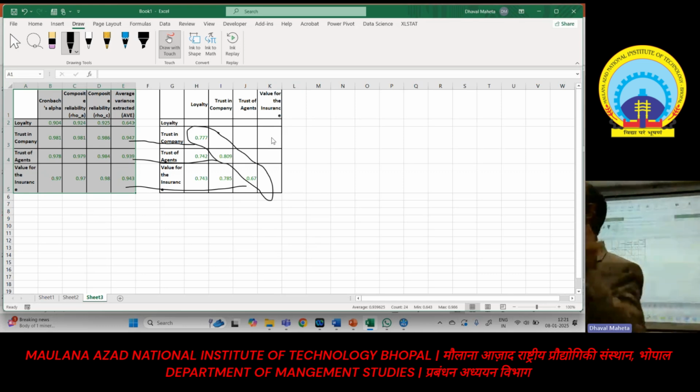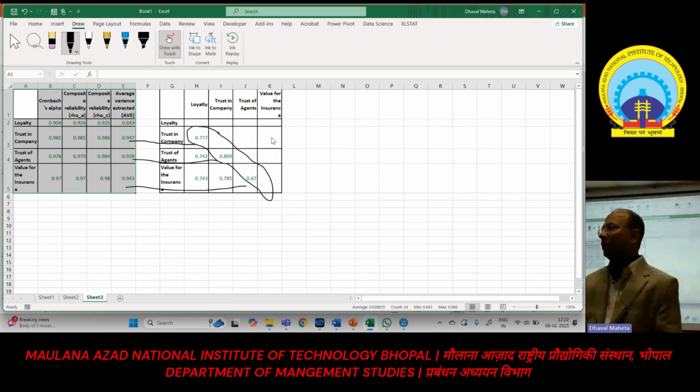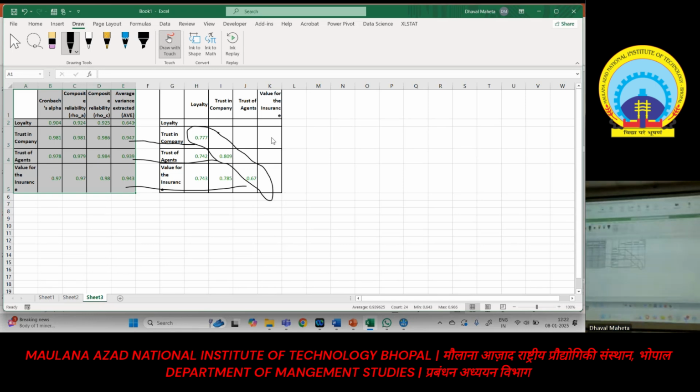So when there is a high correlation among the two constructs, the window opens for the HOC, higher order construct. You have to introduce HOC. A higher order construct is a compulsion of a researcher rather than a choice. You cannot start a model by proposing that it is a higher order model. It is a compulsion rather than a choice. Why are we going for it? Because there is a high correlation, which we will identify from here. If it turns out to be highly correlated, we will go for